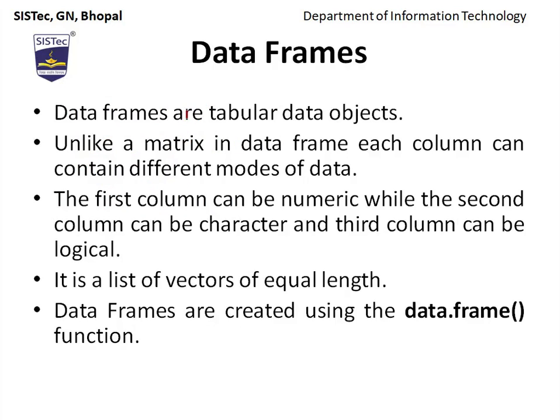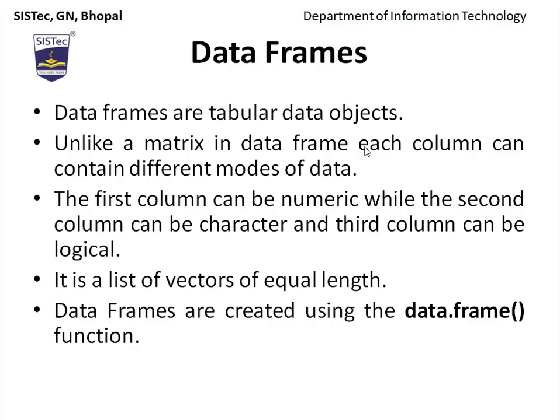Next is data frames. Data frames are tabular data objects. Unlike a matrix, in data frames each column can contain different modes of data. The first column can be numeric, while the second column may be character or something else, or the third one is different. So it is basically a list of vectors of equal length. To create data frames, the data.frame function is required. Let's